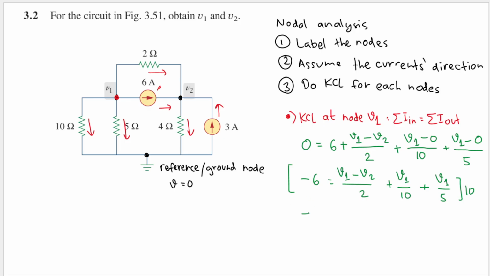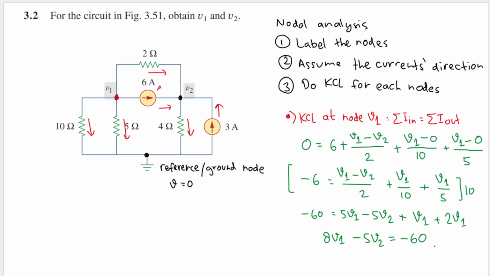And on the left hand side, we will have minus 60, and then 2 and 10 will cancel into 5, so we'll have 5v1 minus 5v2, and then plus, we will have 10 and 10 will cancel each other, so we'll have v1, and then plus 5 and 10 will cancel into 2, so we'll have 2v1. Good. 5 plus 1 plus 2 is 8, so we'll have 8v1, and then minus 5v2, and that will equal to, let's move this minus 60 to the right hand side, so we'll have minus 60